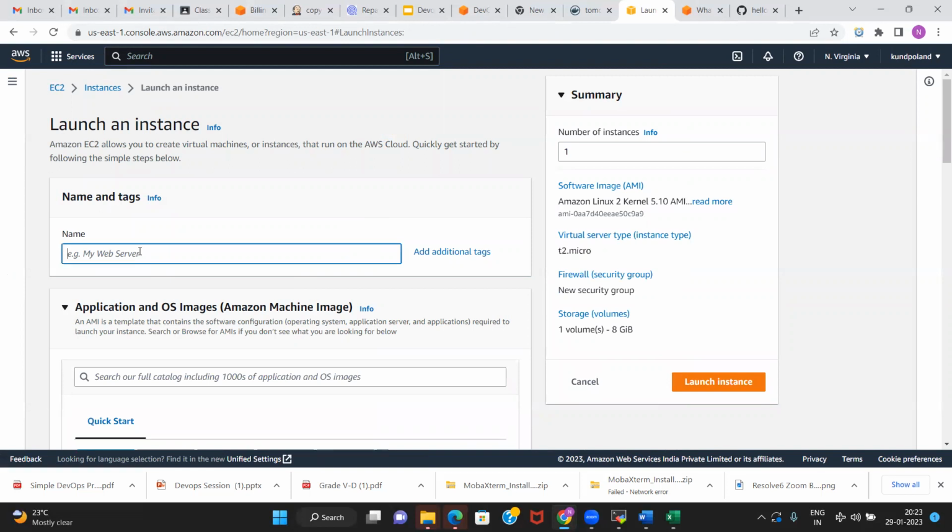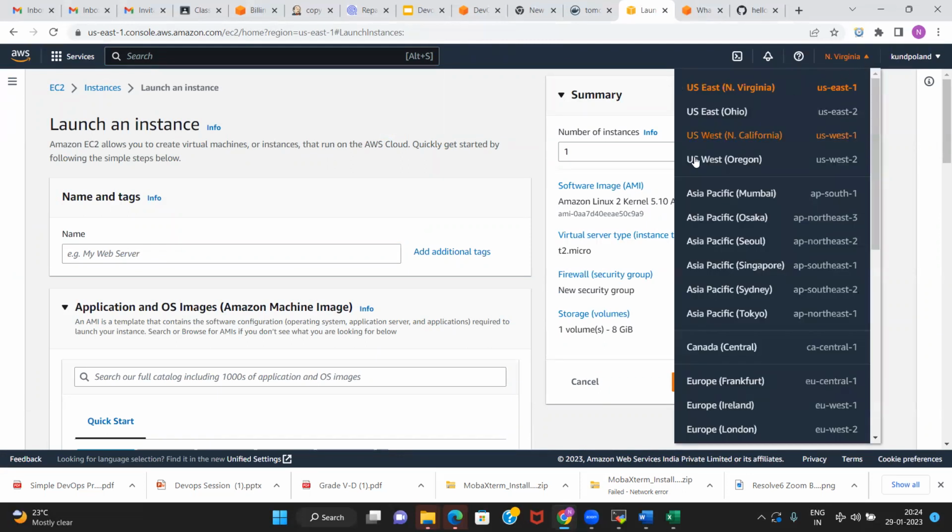EC2 means Elastic Compute Cloud. It's a virtual machine somewhere in an Amazon data center. Where is that data center? You can pick that from here, right?